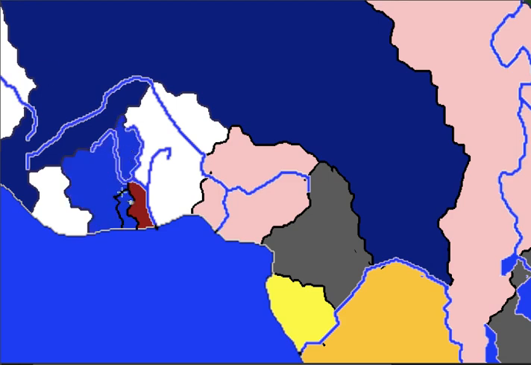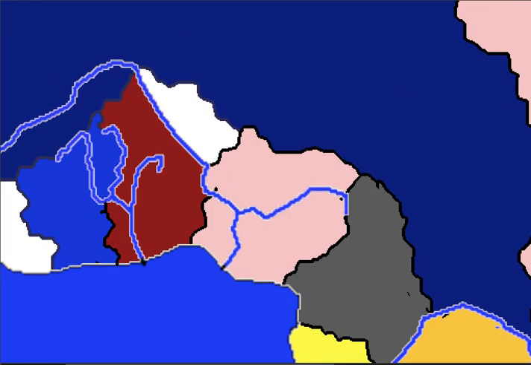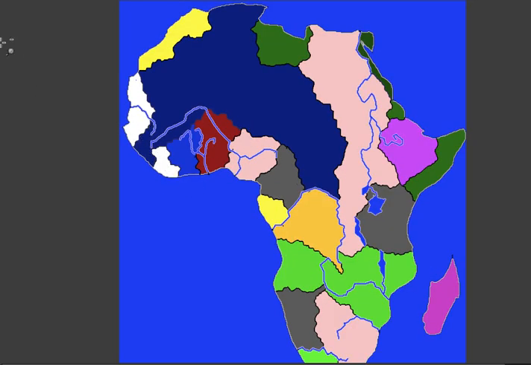As Sweden has quite a significant colony. Denmark will also have a significant colony just because, well, yeah. I think we'll make Liberia still, and up there can be gave to the Netherlands.